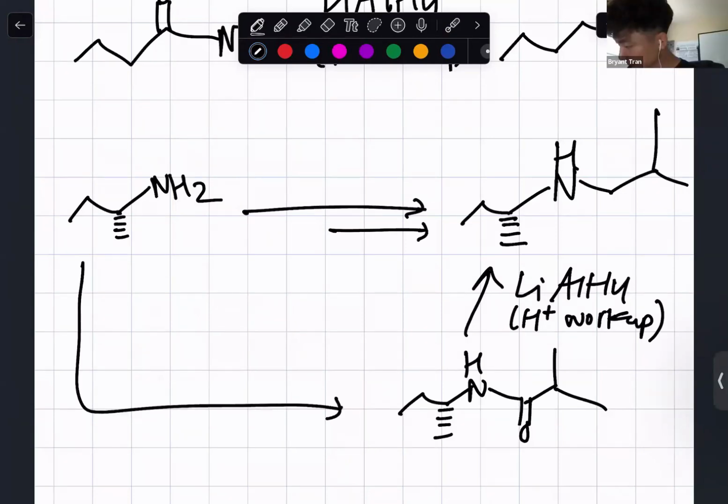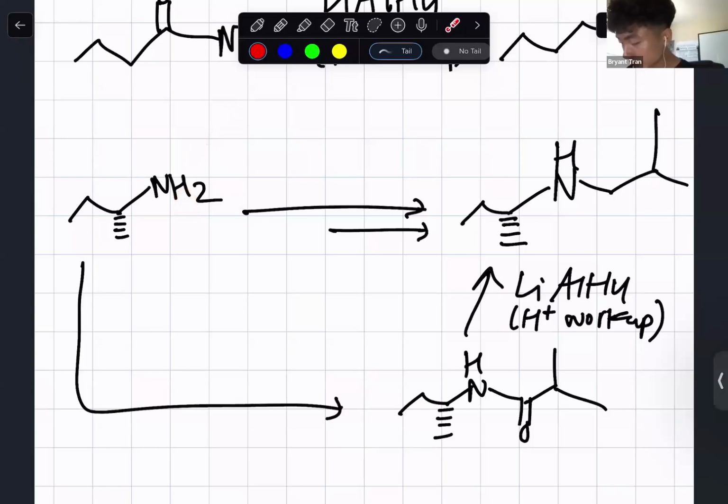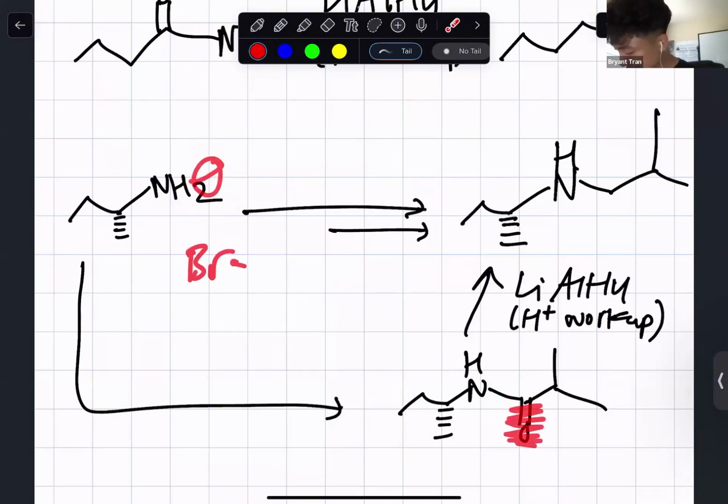Actually, wait. LDA would deprotonate the amine to get the N minus. I think you're thinking of adding this to some kind of haloalkane to do SN2, right? But we have a carbonyl here, which is going to be problematic. If this was just an R group, then that would be valid. We could use LDA to get the minus charge here, and then add this haloalkane, kick that bromine out to get to this point here if there was no carbonyl. But because there's a carbonyl here,